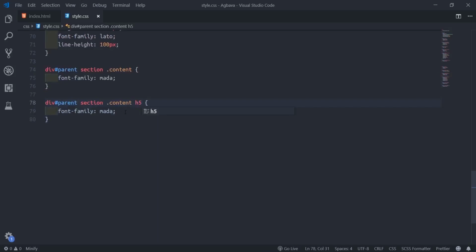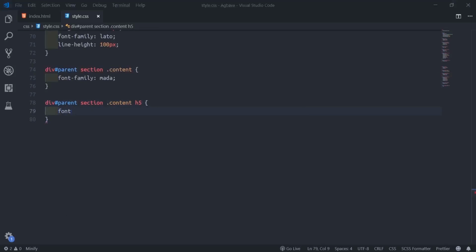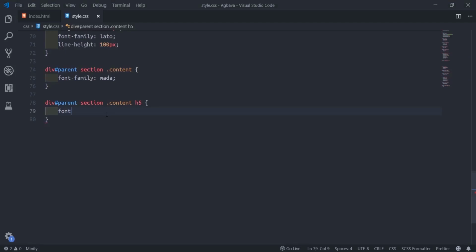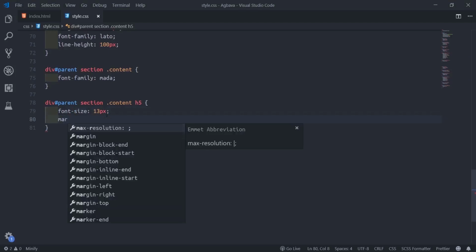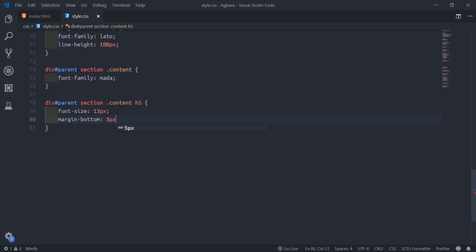We'll make the font small, since it is already small. We gave the title 14 pixel before, so we'll give this line 13 pixel. So font size 13 pixel. After I give the font size, I'll shift down for margin bottom to give allowance, margin bottom 5 pixel. Then we'll run and see.